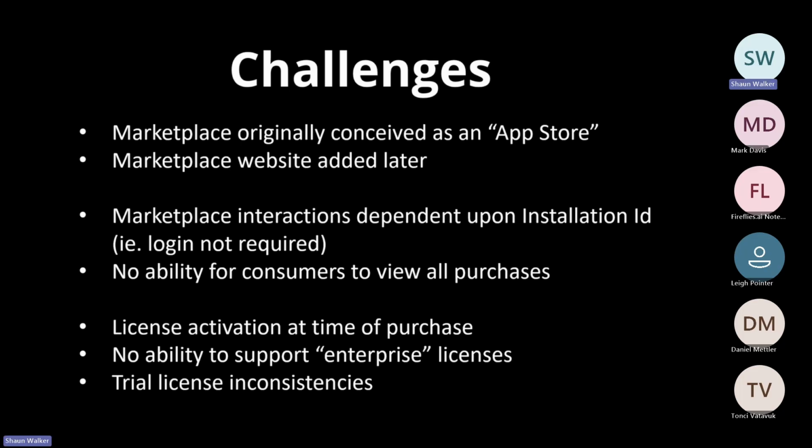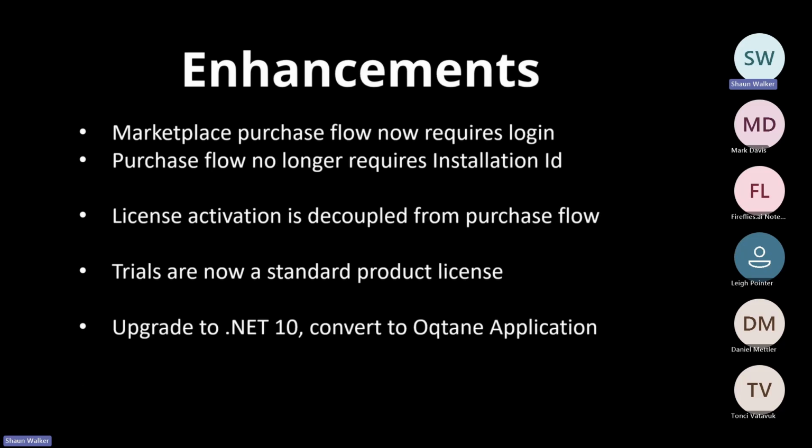And then Octane has also supported the ability to have trial downloads. And the way that that trial download concept was implemented in the marketplace was inconsistent with the other types of licenses that existed for commercial products. And so that created some challenges more on a tech debt side of things, where it required additional logic because there were multiple paths that the code needed to follow depending on whether it was a trial license or a regular license. So a bunch of enhancements have been made, but this is obviously going to change the